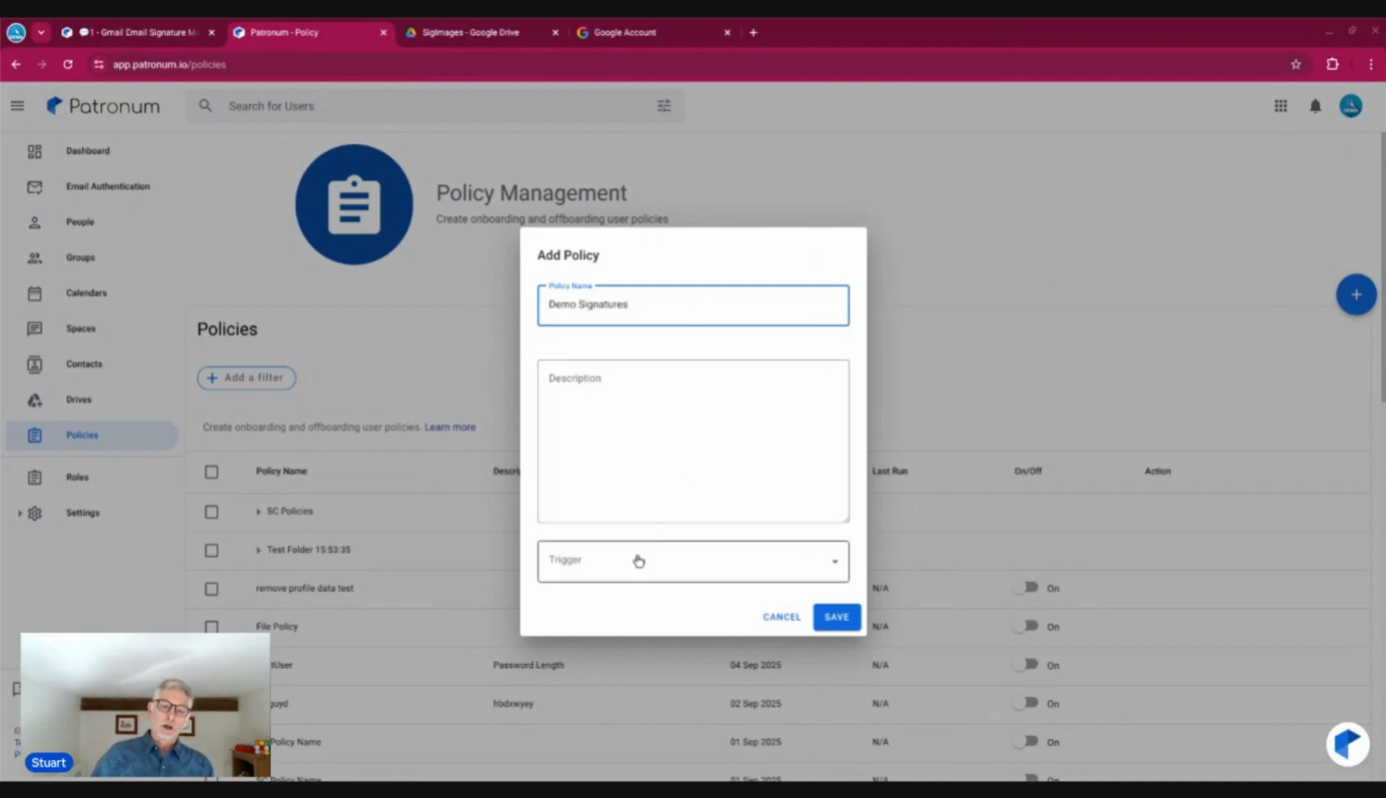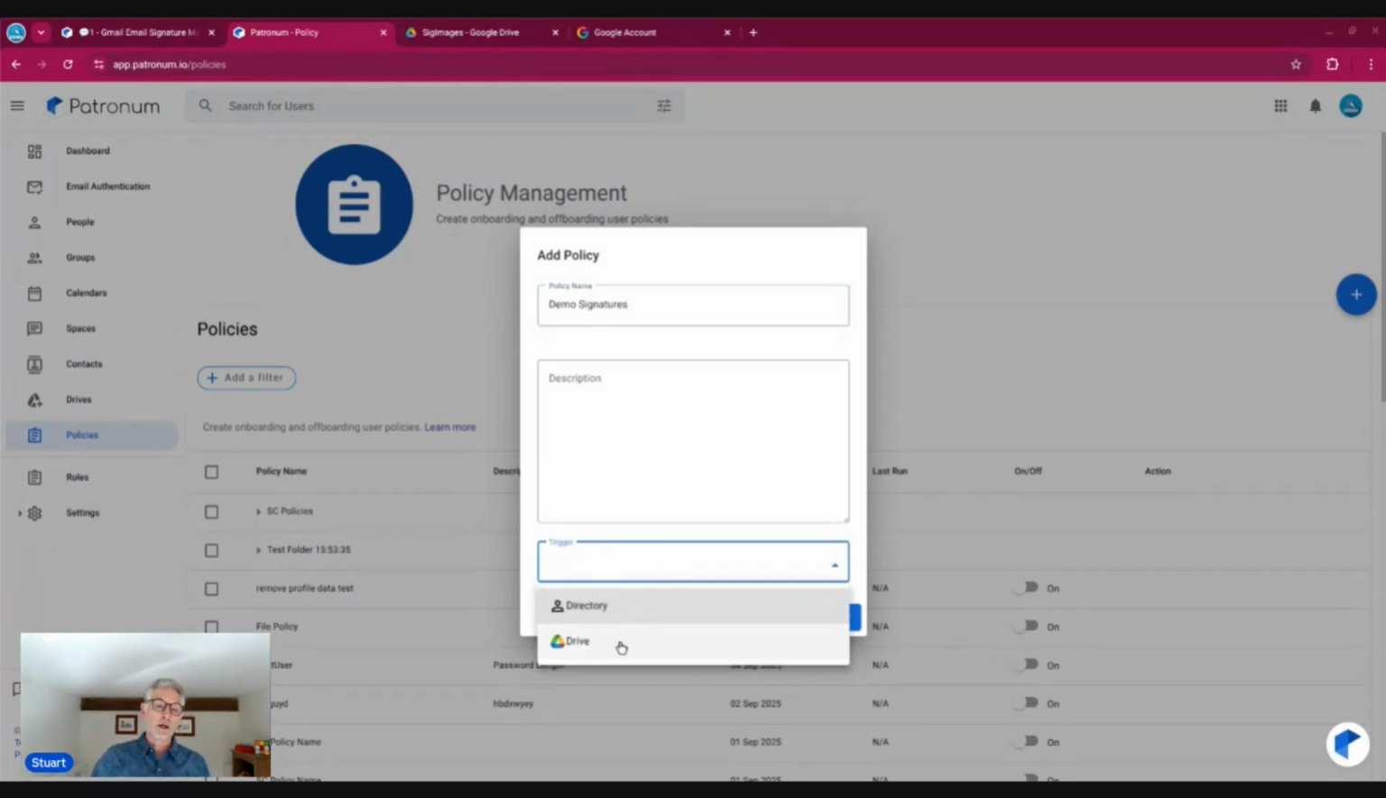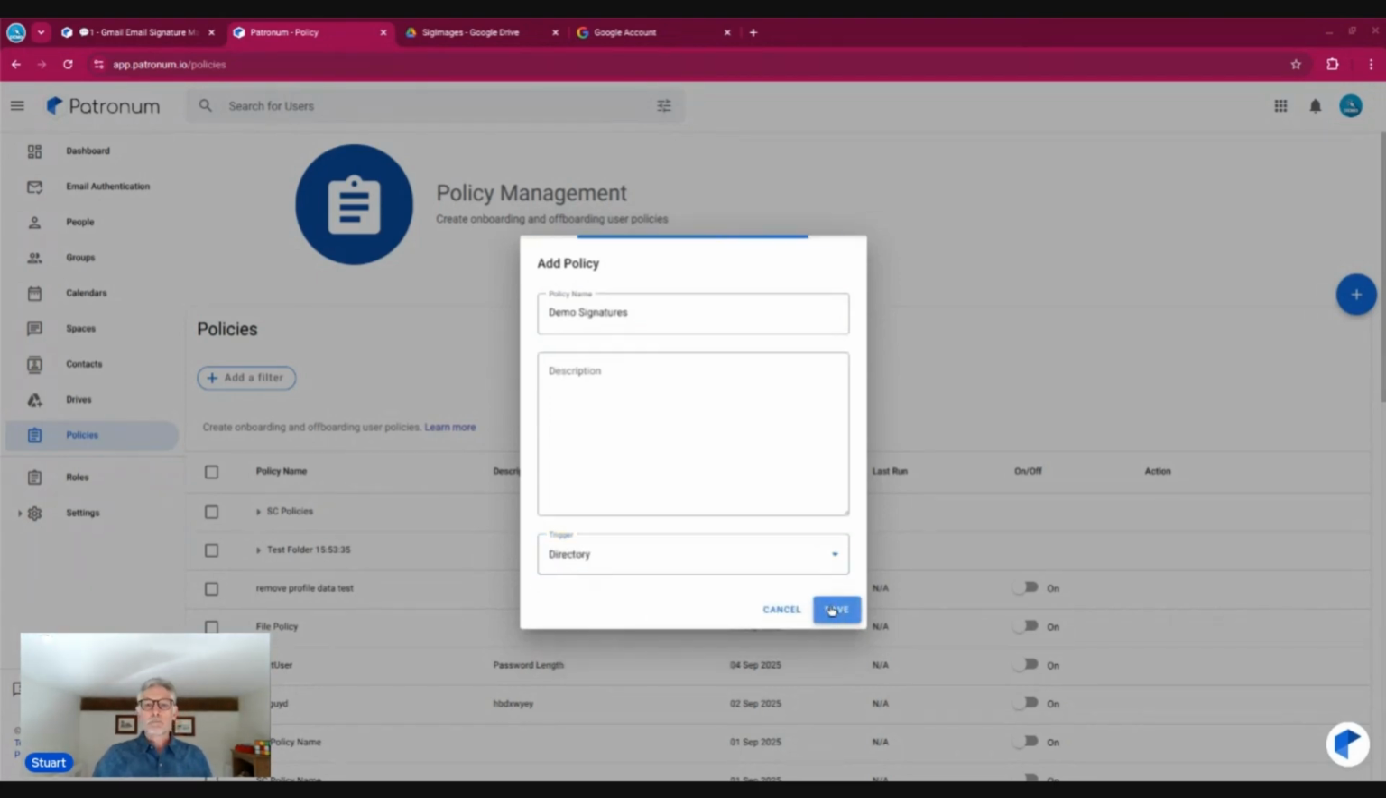Now, in this case, Patronum comes in a couple of flavors. The basic flavor allows you to create policies that apply to people or users, effectively anything that's driven by the user directory. Patronum Plus also allows you to create triggers that are driven by Drive content, files and folders and so on. As this is email signatures, that's obviously a people-based thing, so I'm just going to select Directory as the trigger. Click on save, and